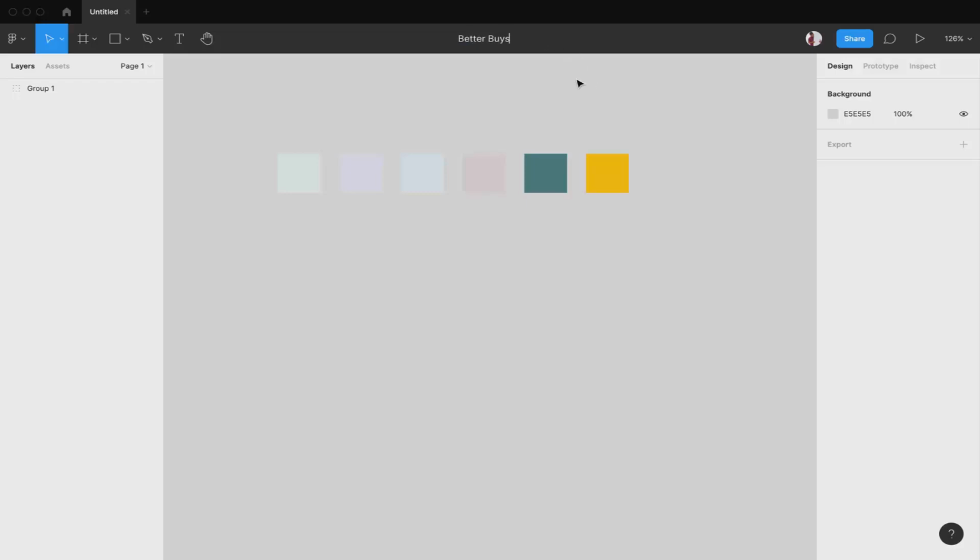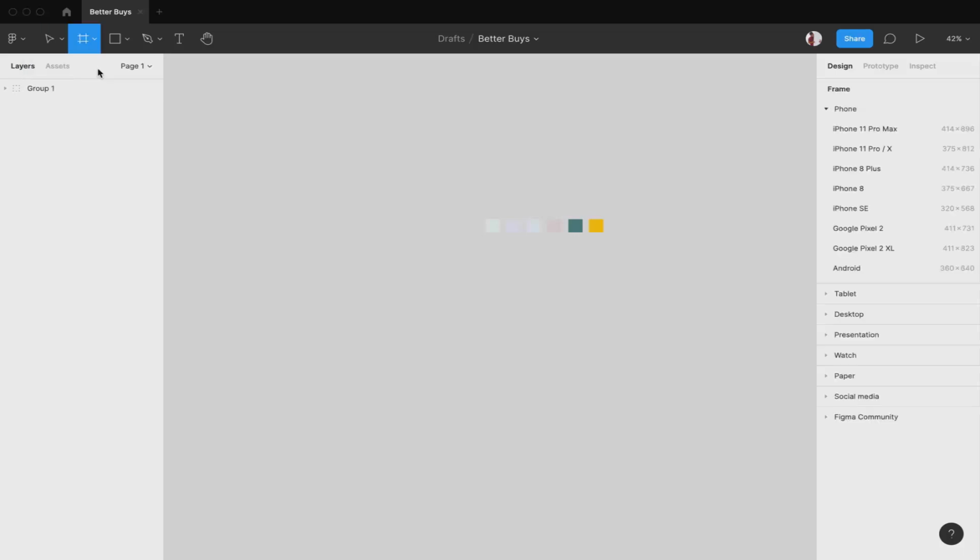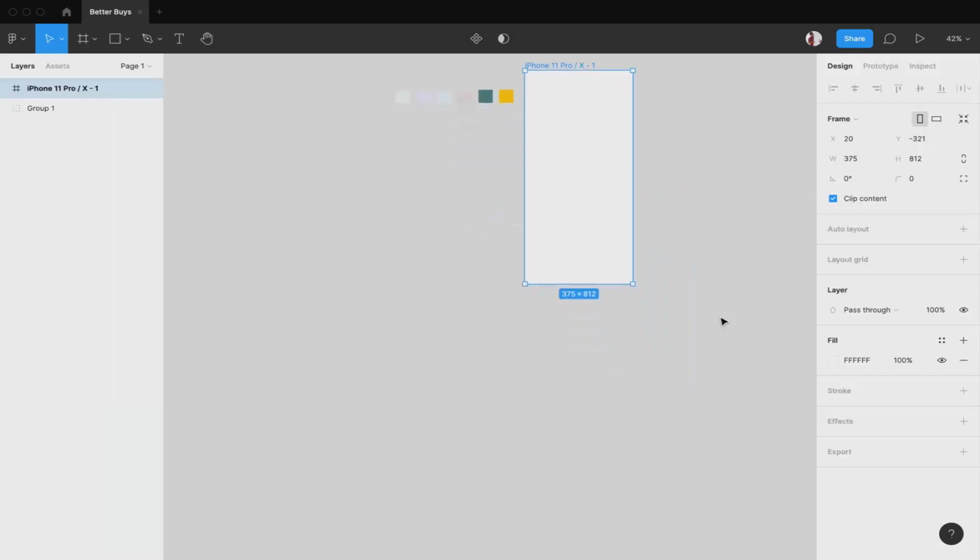So the Figma project will be of the same name, the database will be of the same name, and the application will also be of the same name. Okay, so let's add a screen over here. So for that we need to go in the frames section, then click on frames, and then over here we can use iPhone 11 Pro or iPhone 10 screen. Okay, so using Figma is very easy. You just need to follow along this video and you will also get a hang of it.